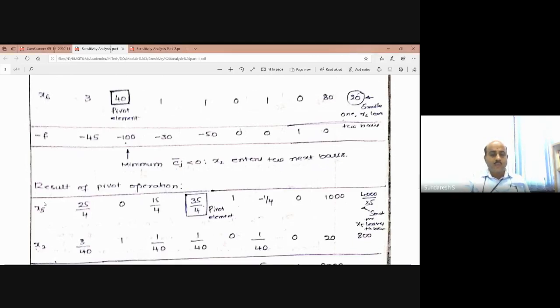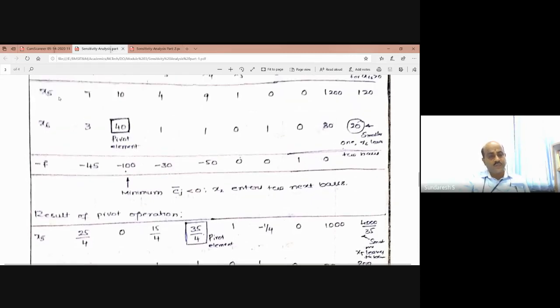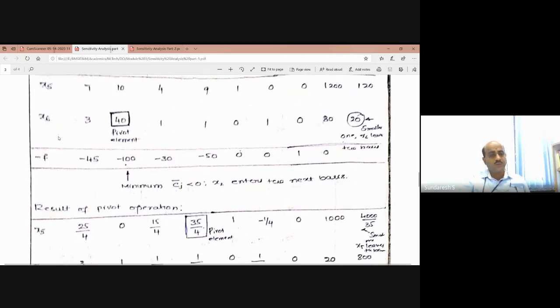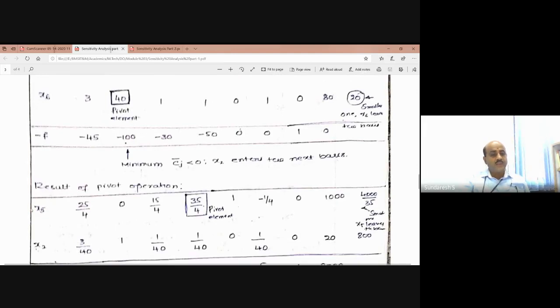See, the variable which we have retained is x5. x5 was also there in the previous operation. x5 was there, and here also x5 is there. This is very, very important for you to fill. How to get these values? Please look at these values. They are totally different over here. So now, how to get these values?